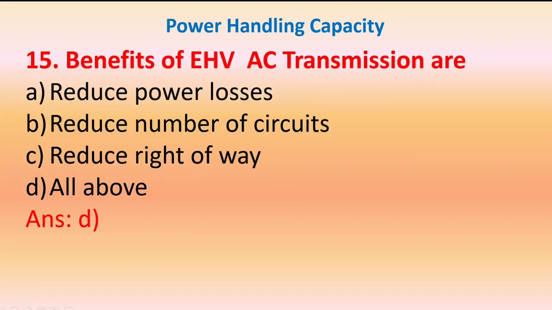Question 15. Benefits of EHV AC transmission are option A, reduce power loss, B, reduce number of circuits, C, reduce right of way, D, all above. The correct answer is option D, that is all above, because when the transmission occurs at extra high voltage, it reduces the power losses, it reduces number of circuits, reduces right of way. So the answer is option D,